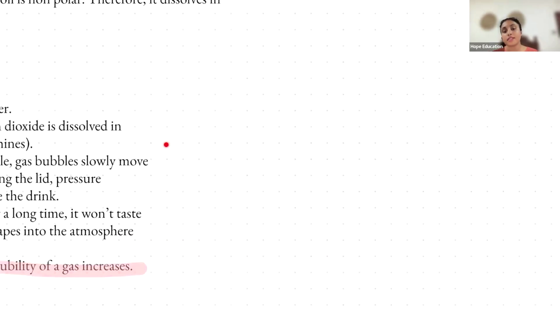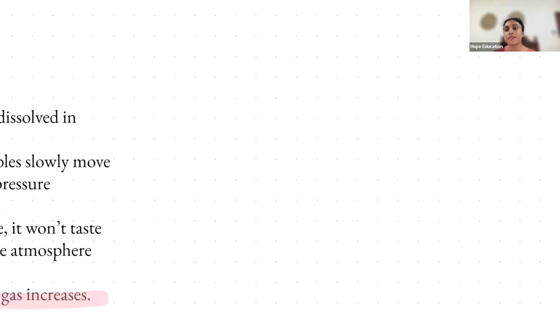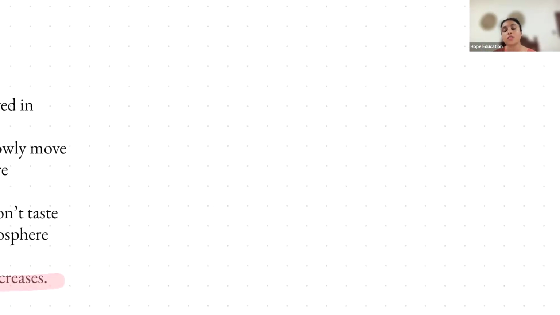So there's another factor that affects solubility, temperature. Let me give another observation that we encounter so many times in our day-to-day life. When you heat a vessel with water,